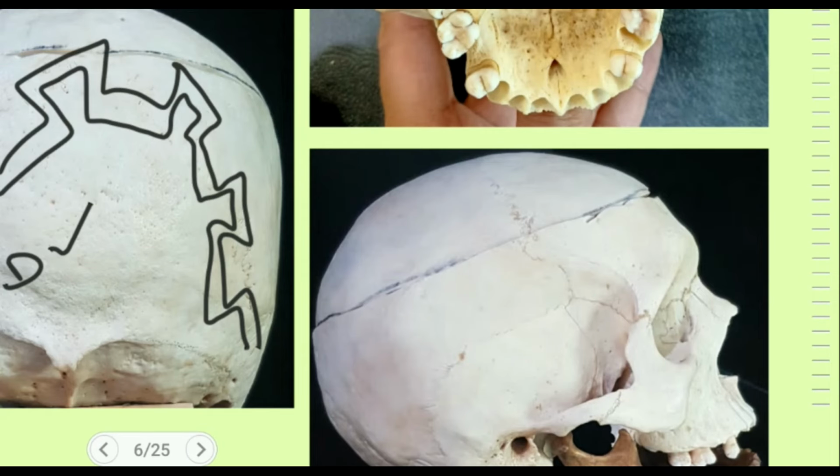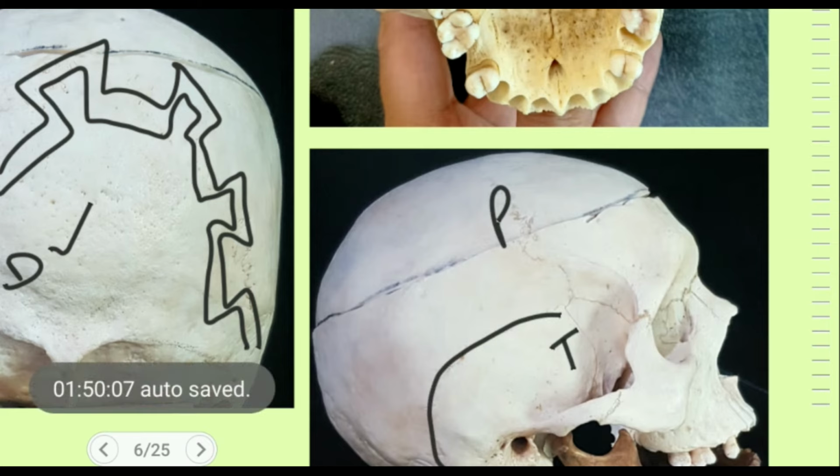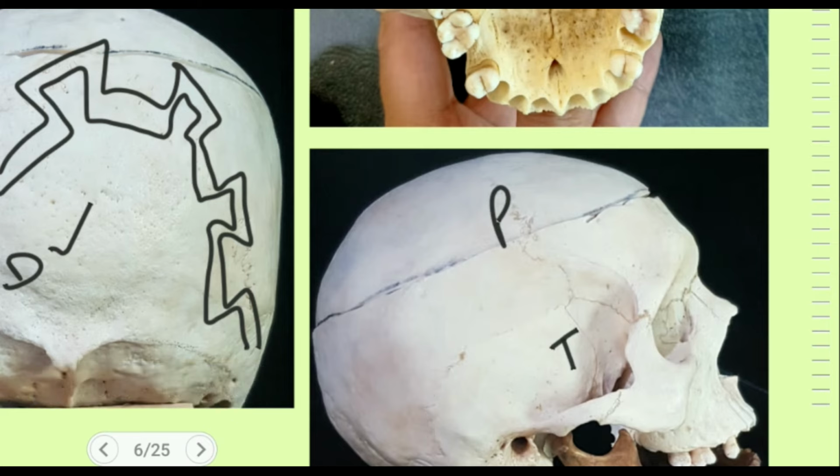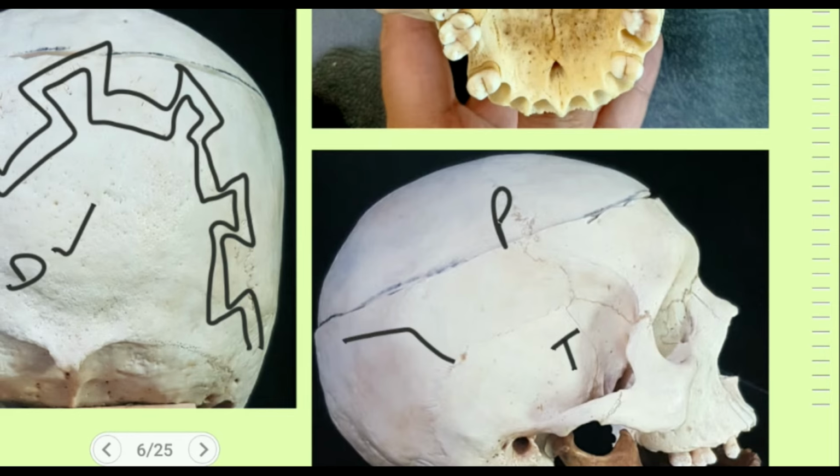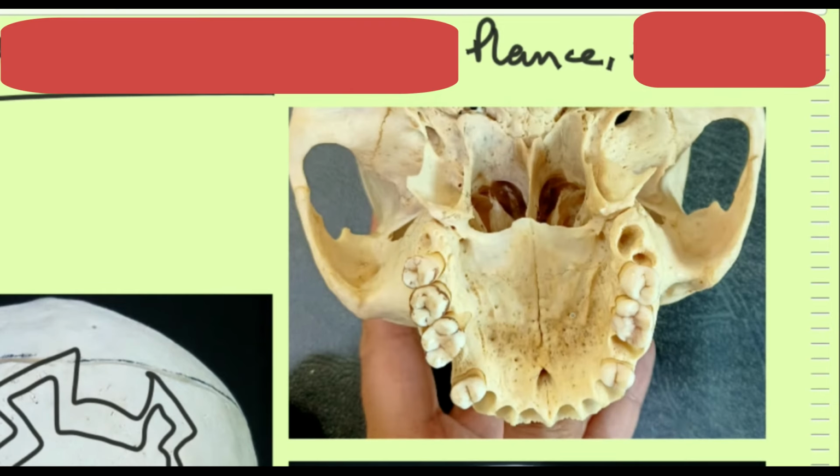Now the squamous suture, that is present between the parietal bone and the temporal bone here. What is squamous suture? Both the bones have got thinner tapering edges that overlap over each other. So this suture is the squamous suture. I will explain with an example shortly. Now the plain suture. The plain suture is present between the two maxilla bones. This is the intermaxillary suture, that is an example of the plain suture.